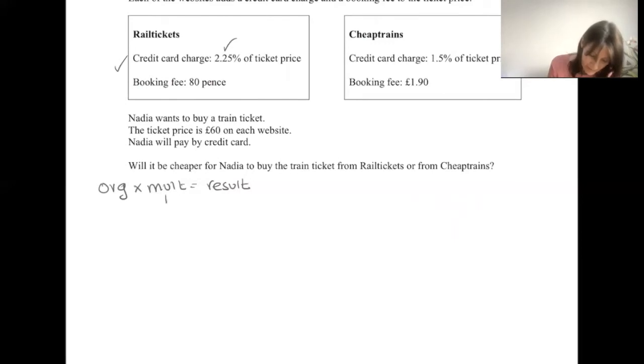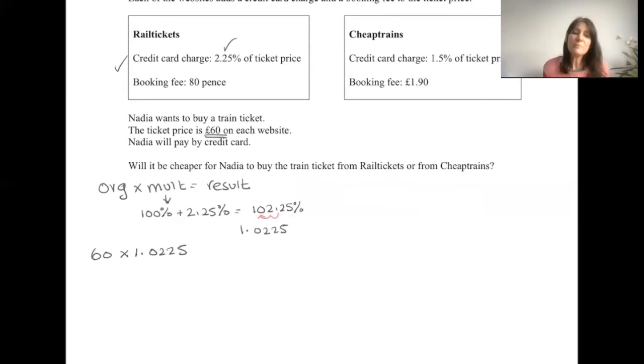So the first thing we have to do is work out the multiplier. The multiplier is 100% plus the increase in the question, which is 2.25%. That gives me 102.25%. Percent means out of 100. So at this stage, we divide through by 100 to get our multiplier as a decimal of 1.0225. That has got to be multiplied to the original. The original is £60. We've got £60 as the ticket price. So we're now going to be doing 60 times